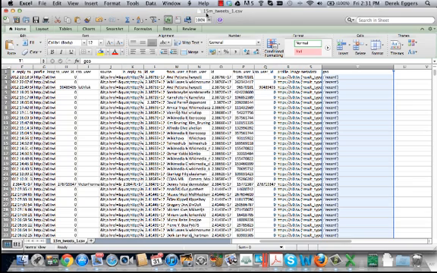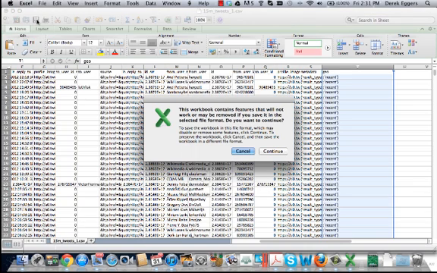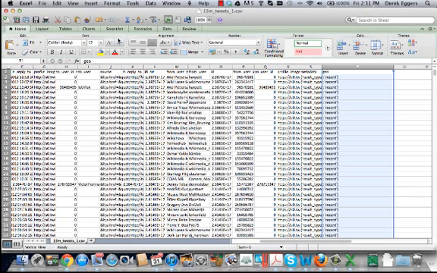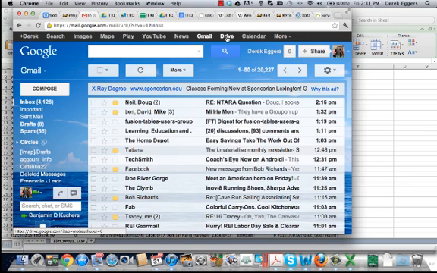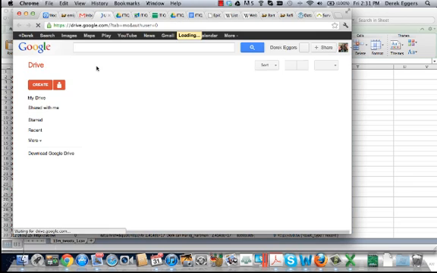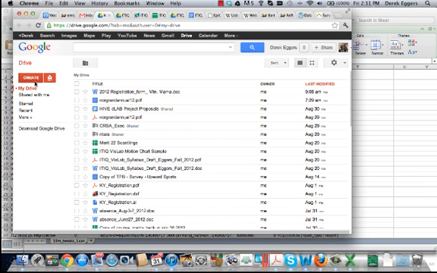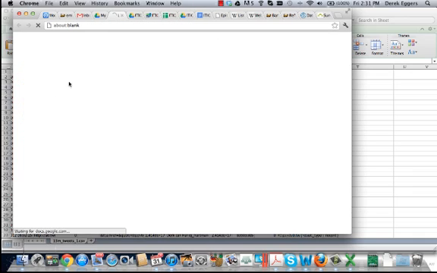You take that, it's called 15mtweets.csv. You save that, that's fine. And then I'm going to go into my Google Docs account. So go to Google Docs. Mine is set up as Google Drive. I'm going to go into Google Drive and create a spreadsheet